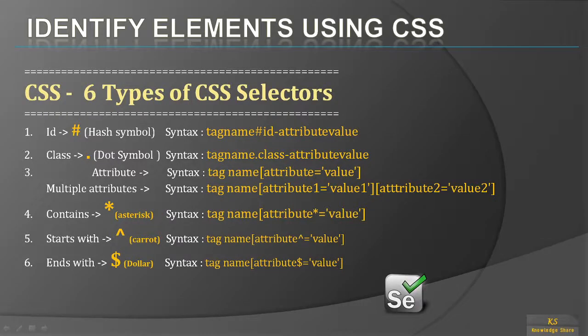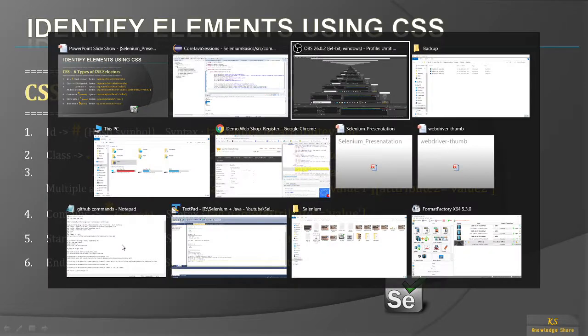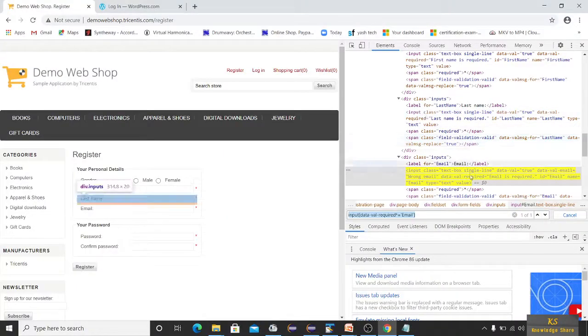the caret symbol, that means starts with, right? We have done with hash, using dot, using star, and using these multiple attributes and single attribute. And now we will see starts with. We will take the same web portal. What is the symbol for starts with? This is an important interview question. Starts with is the caret symbol.